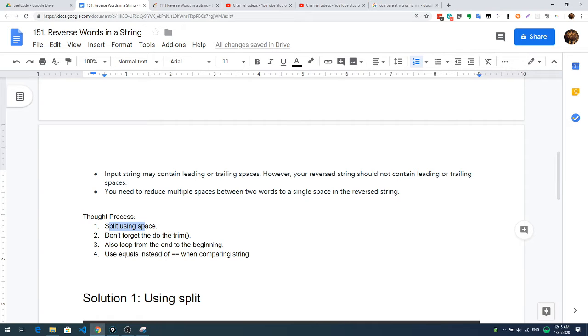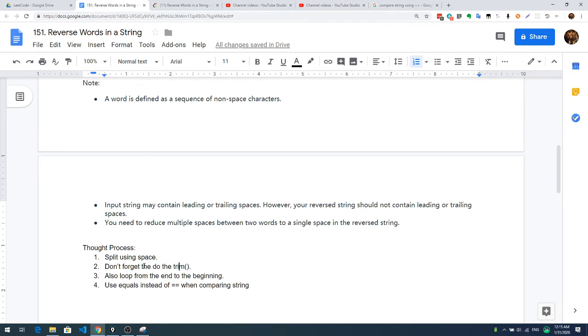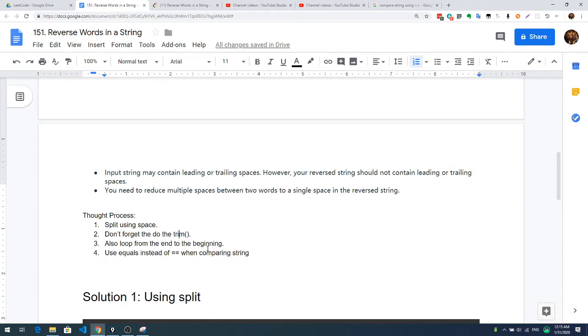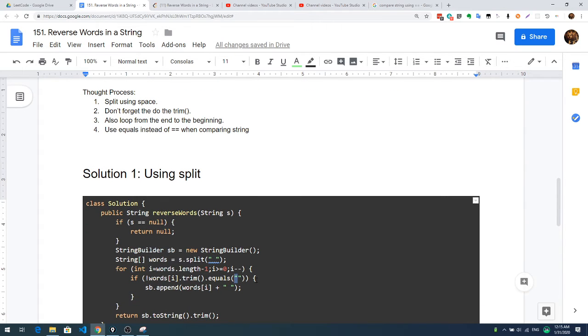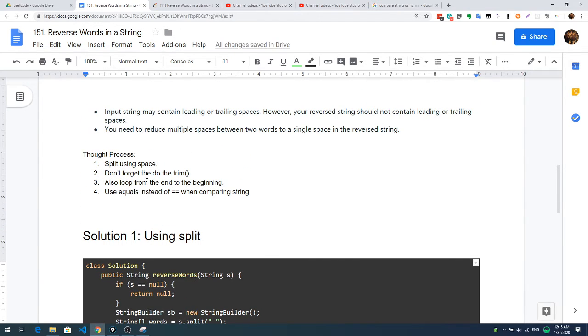The second thing is do not forget to do the trim, because sometimes there will be a space, and you need to trim that and make sure that after trim it's not an empty string when you do the comparison, because you don't want the extra space